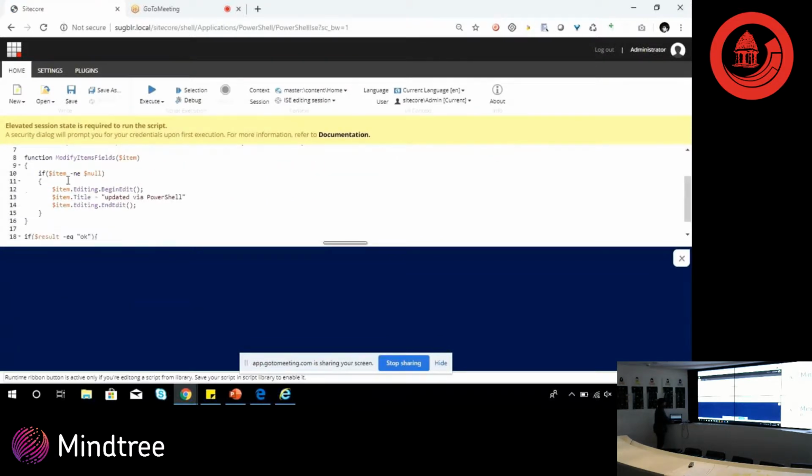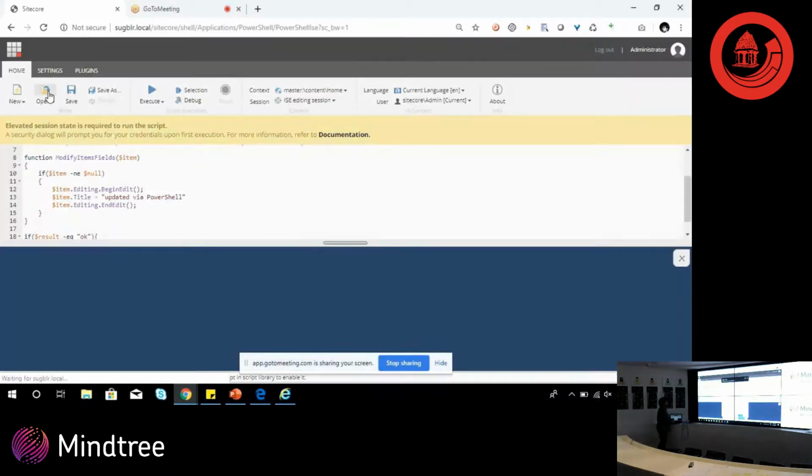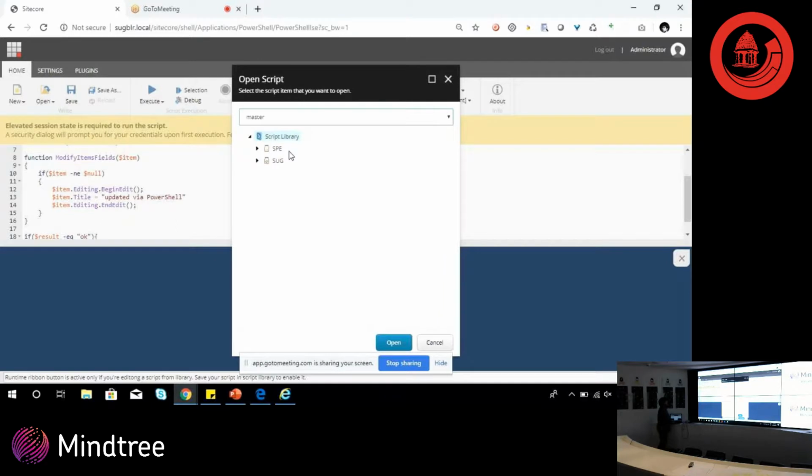This is an environment where I can write my scripts, and I will talk about the sections that are there. If I click on new, all this will get removed and a new window will appear where I can write the new PowerShell script that I want. I can click on open, which takes me to the script library, and I can choose a script, maybe